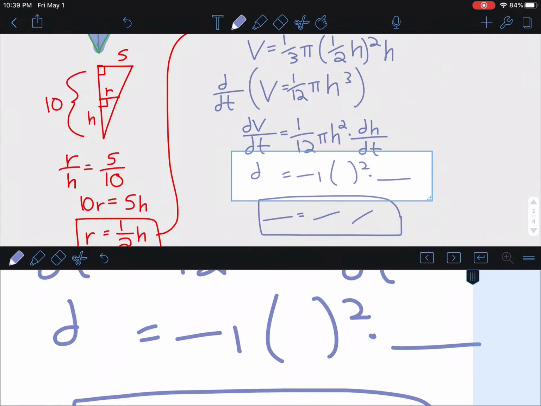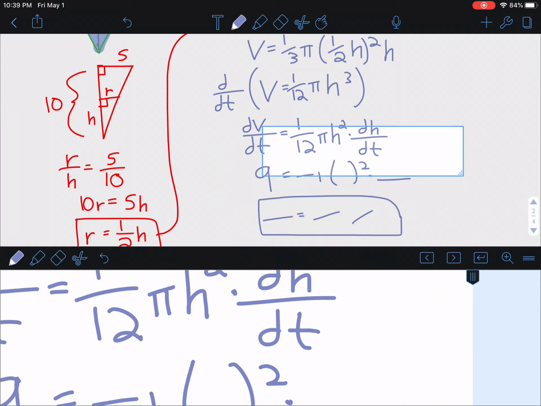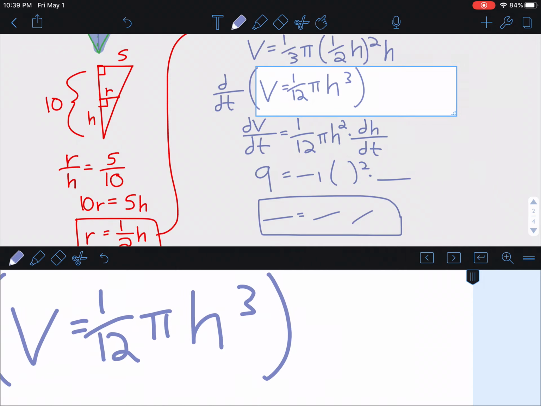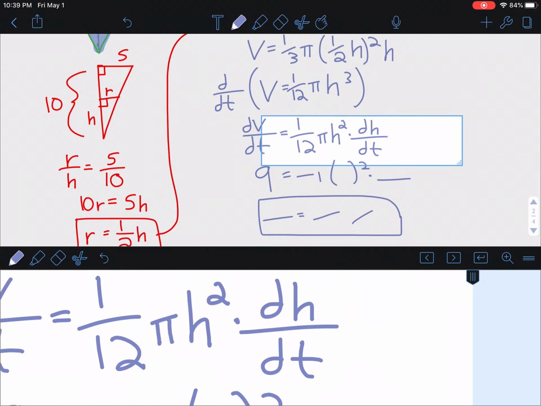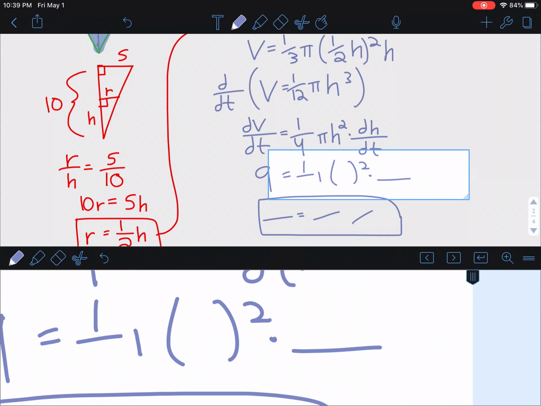And so dV dt, I know dV dt, it's 9. And so I'm going to get, let's see. Oh, whoops, I did this wrong. Sorry, let's go back up here. I made a boo-boo. The 3 comes down. This isn't 1/12. That's supposed to be 1/4. Whew, good thing I caught that. Okay, here we go. So this is going to be 1/4 pi